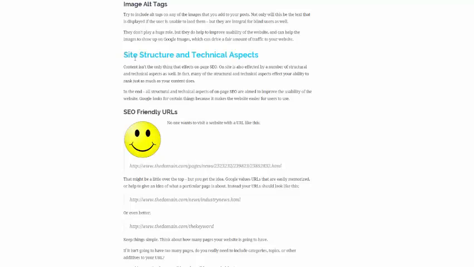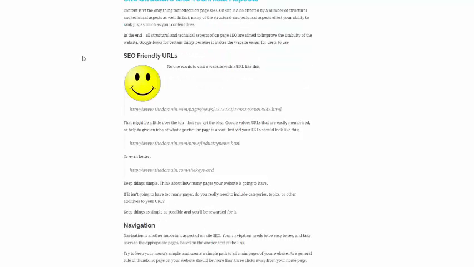Now, here we go on to site structure and technical aspects. It's important to remember that content isn't the only thing to worry about when it comes to on-page optimization, although it is probably the most important thing. There's a lot of little structural and technical things that you can do to make your website more appealing to the search engines. The most basic is SEO-friendly URLs, and this can be done by setting your permalinks in WordPress,